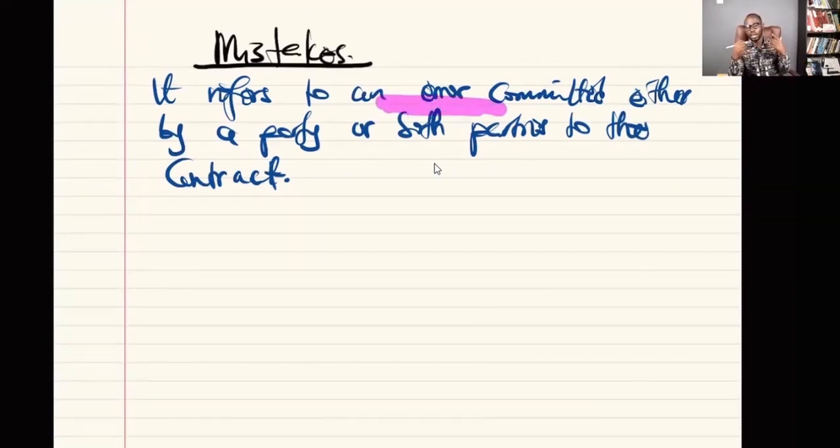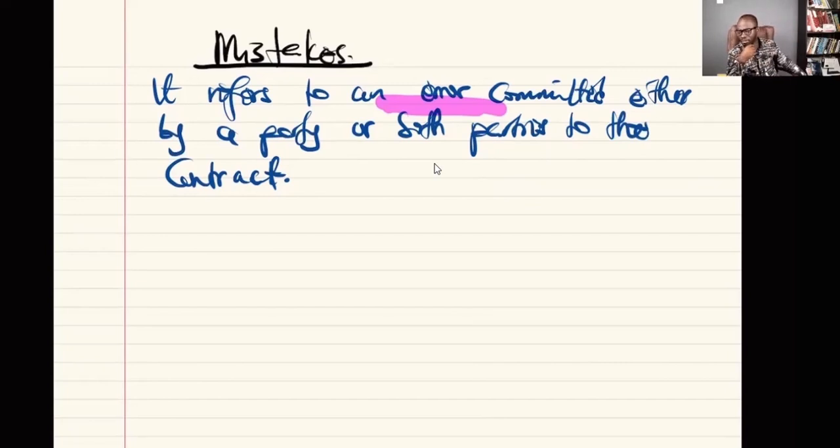An error. Now, note that an error can be made on the subject matter of the contract or even on just something else. So, for instance, I say, oh, Richard, I'm selling a phone. Then, in your mind, you thought that I was selling my iPhone. So you were like, sure, I'm going to buy it. Then you asked me, how much is it? Then I said, oh, I'm really down. I'm broke. I need some money coming in. So it's just 2,000 cedis. When you heard that, you were like, okay, sure, he's selling his iPhone. 2,000, cheap money. Let me go buy it.